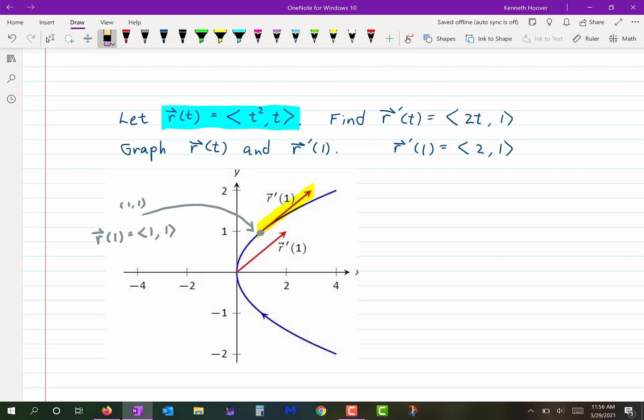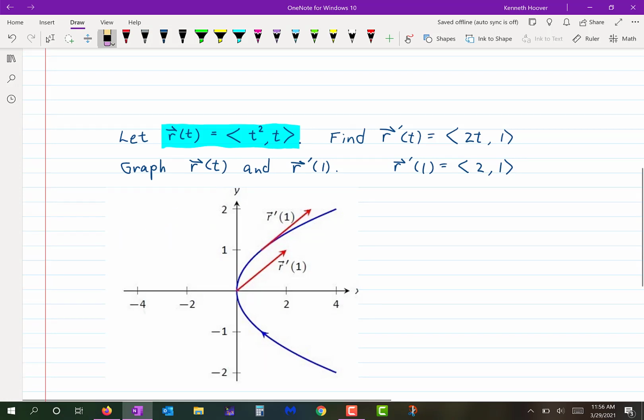It is tangent to the graph of r of t at the point where t equals 1. In fact, let me even write that. Let's write t equals 1. Okay? So, very easy. Now,